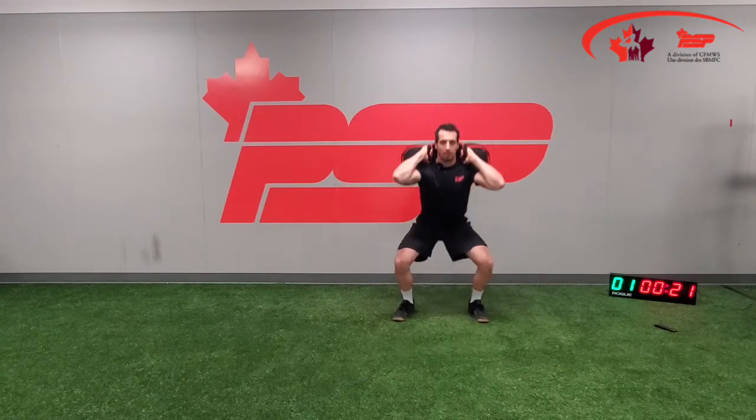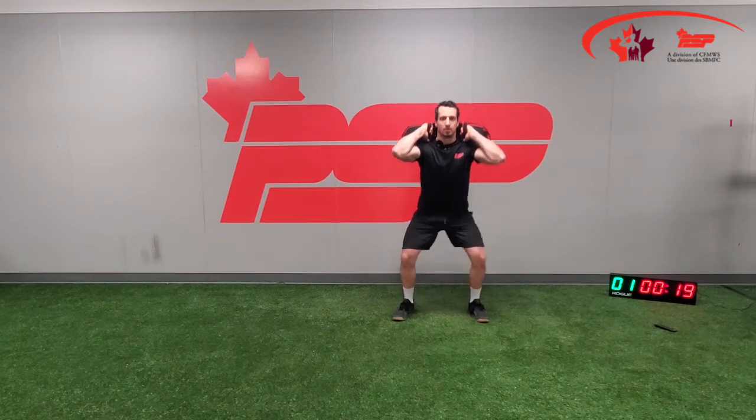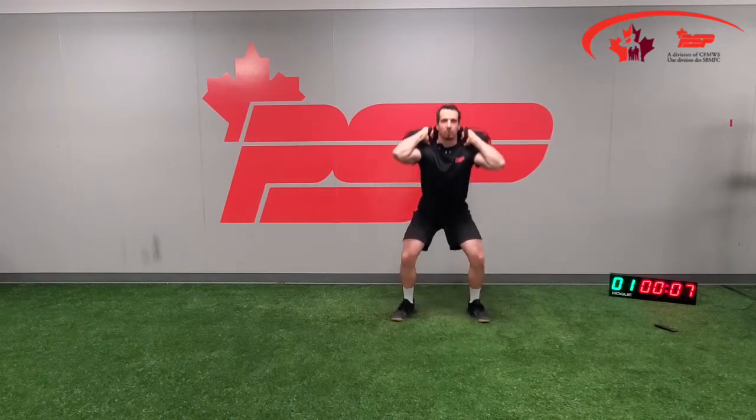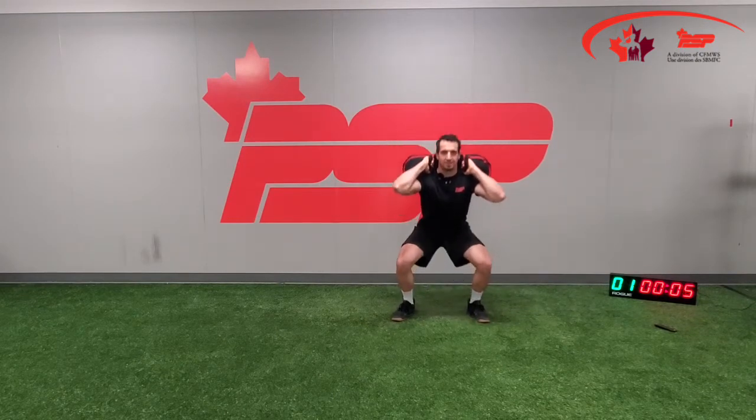I want the weight on the midfoot to heel, and I want my chest to stay as proud as possible. If you have a backpack on, that's great as well. Or you can hold the backpack in the front as well, in the front rack position. Once 30 seconds done,